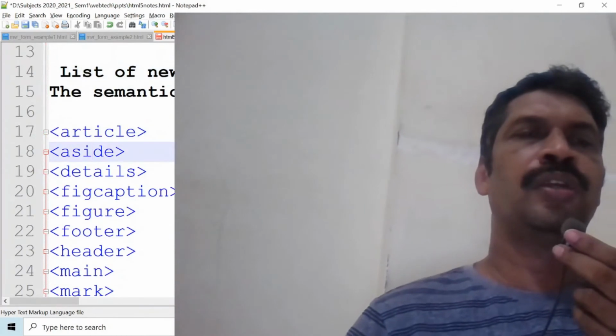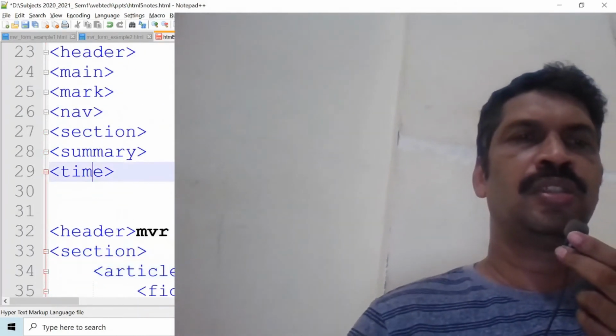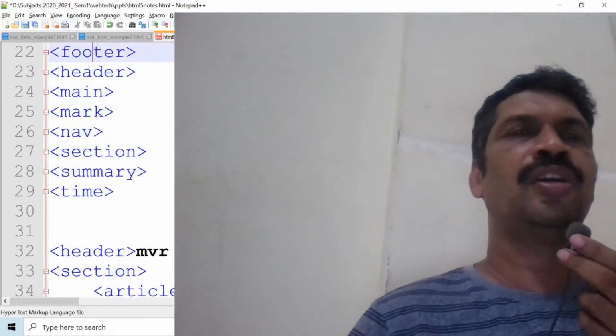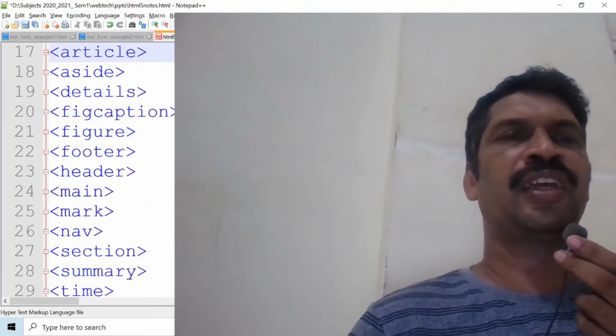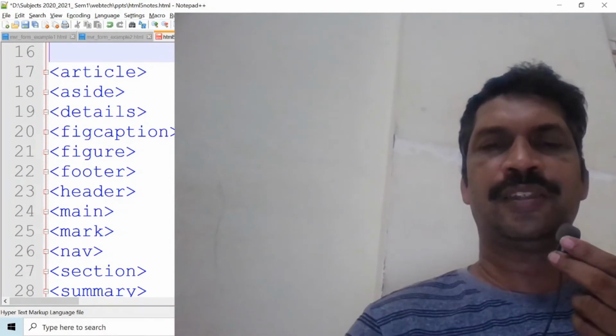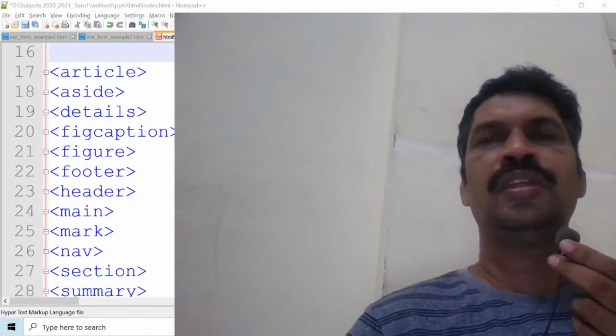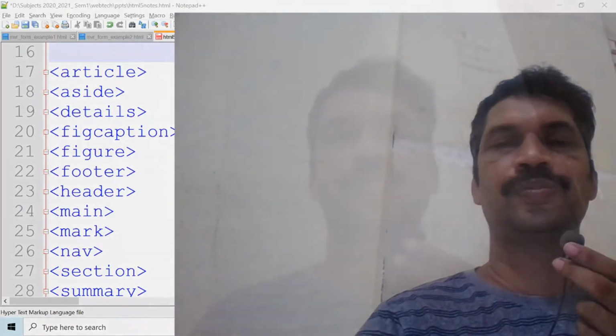Okay, till now we have seen section, navigation, mark, header, footer, figure captions, article. Next tag we will see: aside. Aside is one of the tags. What is the purpose of the aside tag? When we place some data within aside, slash aside, that data will be placed there only. It may be aligned left side, it may be aligned right side. Okay, I will write some paragraph. I will clearly show the difference between aside and the other data.